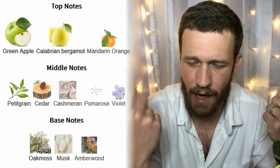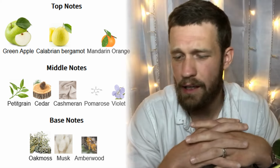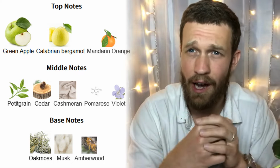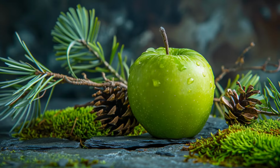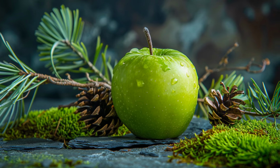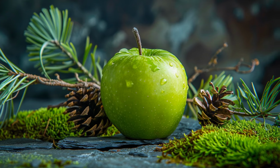It is basically citrus, cashmere and wood, ambroxan, and green apple. Those are the main notes that I get. Woody, there is a pine forest sensation going on as well, so it's a cooling, refreshing green quality. I think oak moss and petitgrain sort of are coming together to give off that pine forest sensation, so there's this very green, herbaceous, bitter, woody quality in conjunction with the fresh, juicy, zesty, sparkling citrus and the sweet green